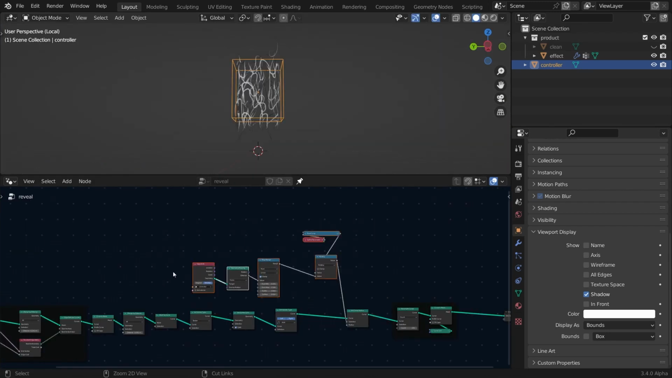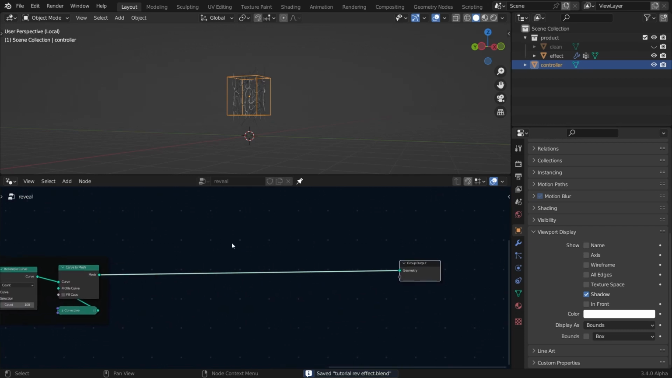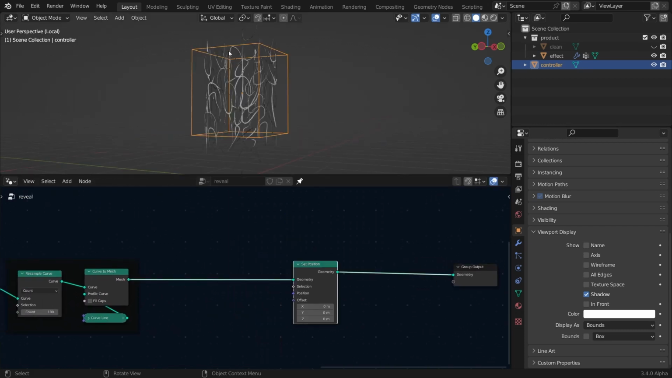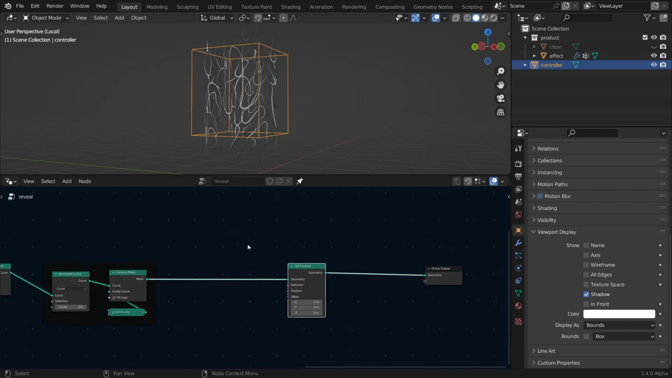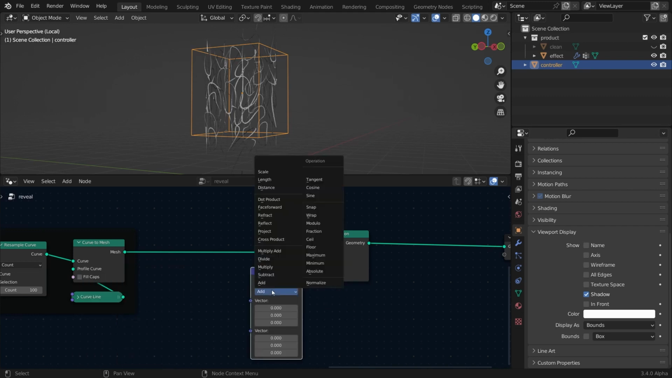I'm just going to frame these nodes, select these and frame them with Ctrl J. I'm just going to add a set position node to randomize these wires kind of things a little bit, and in the offset I'm gonna add a vector map. I'm gonna set it to multiply,